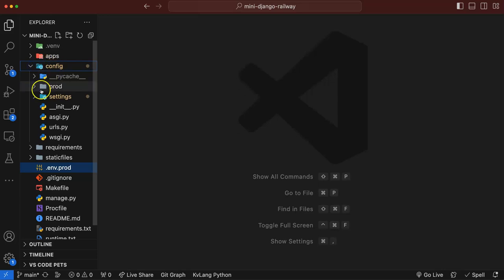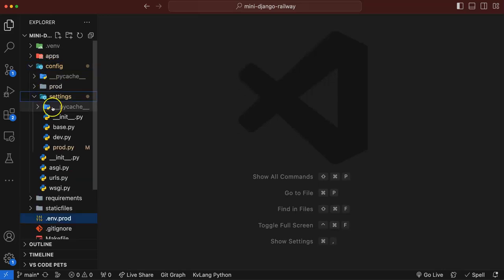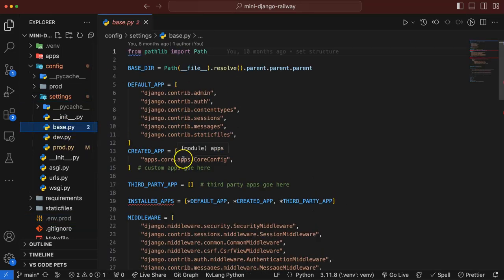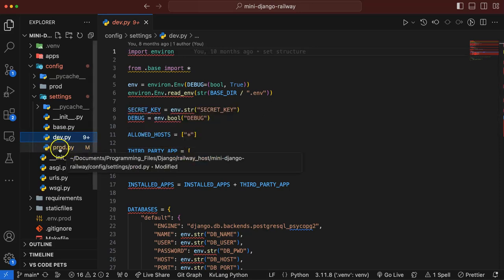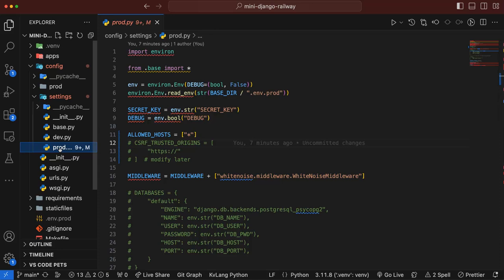When we go to the config, we see the settings, and if you open the settings, if you're using a boilerplate, you're going to have the base.py that contains common configuration for all environments. We have the dev.py, which is for development, and now we want to create the prod.py for our production. So on the prod.py, we can see we have the environ that helps us to